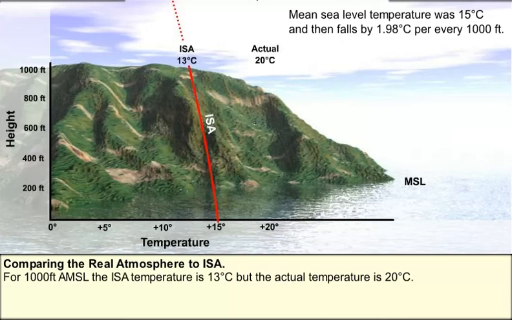In the diagram, we can see an airfield 1,000 feet above sea level. Remember that in ISA, we stated that mean sea level temperature was 15 degrees Celsius, and then falls by 1.98 degrees Celsius per every 1,000 feet up to 11 kilometers. For simplicity, let's assume it is 2 degrees Celsius per 1,000 feet. Therefore, the temperature at 1,000 feet, according to ISA